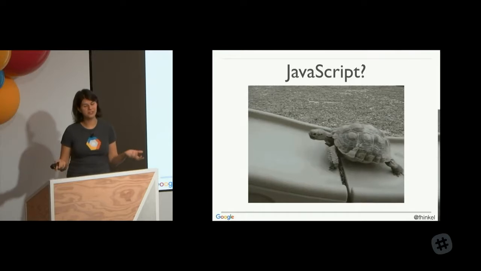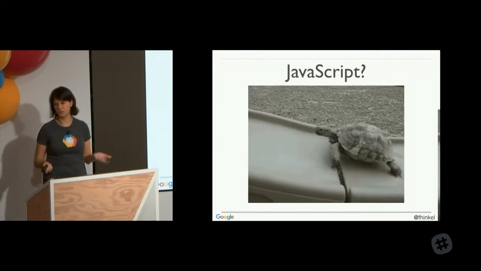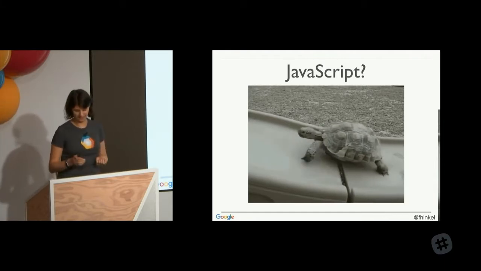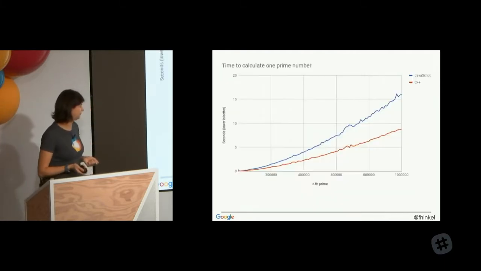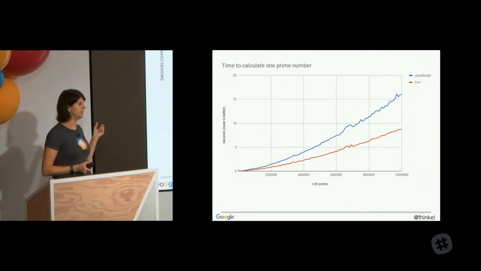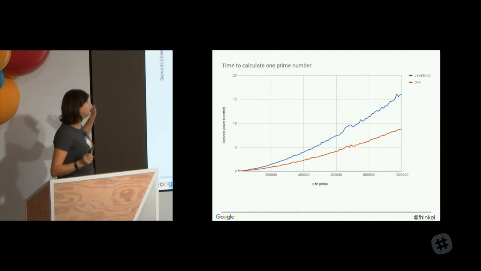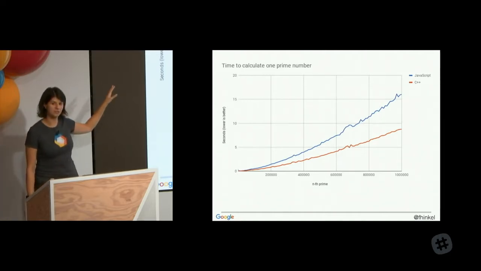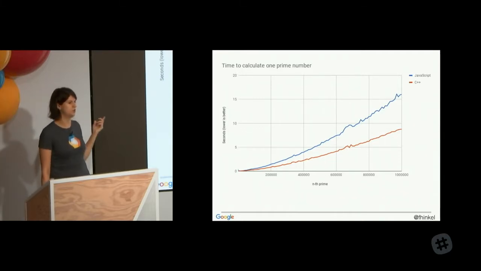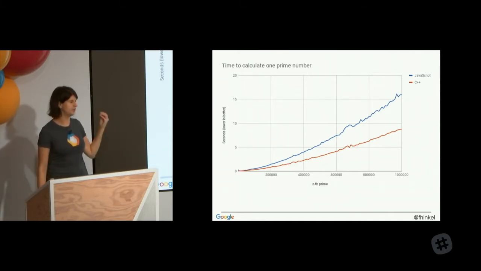So if the tiniest little bit of work is a ton of work for a JavaScript compiler, what's our intuition about JavaScript performance? Is this JavaScript performance? Well, instead of intuition, let's look at some data. So I was calculating some prime numbers, and I did it in C++ and JavaScript, exactly the same algorithm. And I think this slide is super amazing. Yes, JavaScript is slower than C++ here, but this is a linear scale, and JavaScript is less than a factor 2 slower. That's kind of the same speed, right?